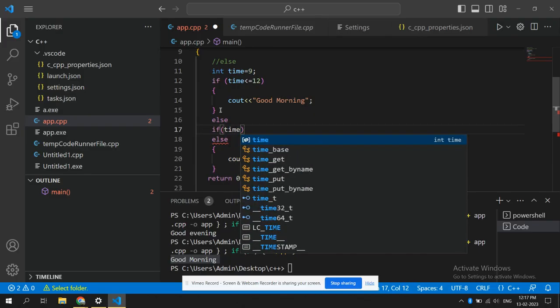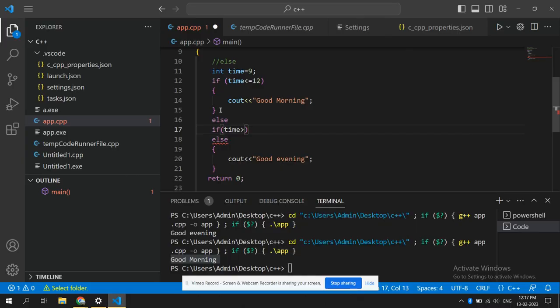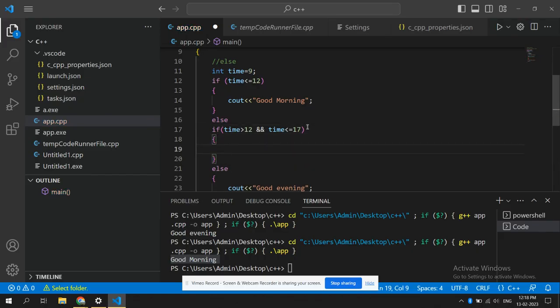Time is greater than 12, and so you're taking the and operator, and time is less than or equals to 5 p.m. Indian standard time, so it's 17. Okay, so if the time is between 12 and 17, so what I need to print, I need to print